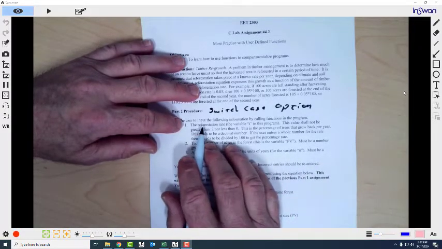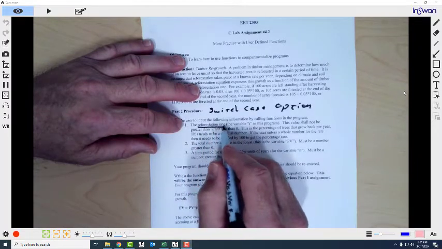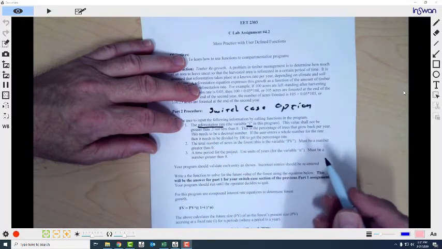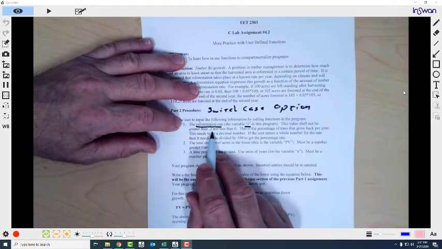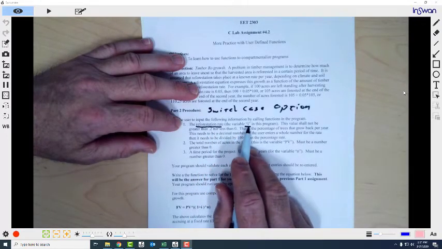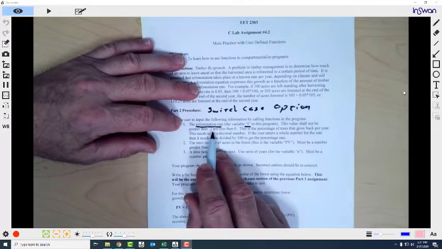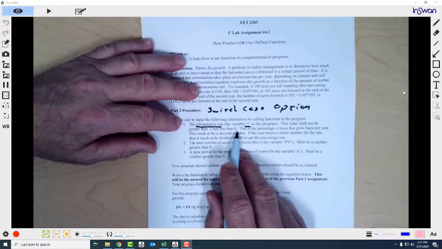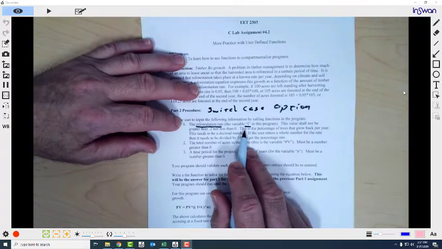One variable we're going to ask the user to input is the reforestation rate, and that is the variable I. This value should not be greater than 0.2 or less than 0. This is in terms of percentage. So 0.2 is the same as 20%, and 0 is 0%. Okay, this value I represents the percentage of trees that will grow back per year,